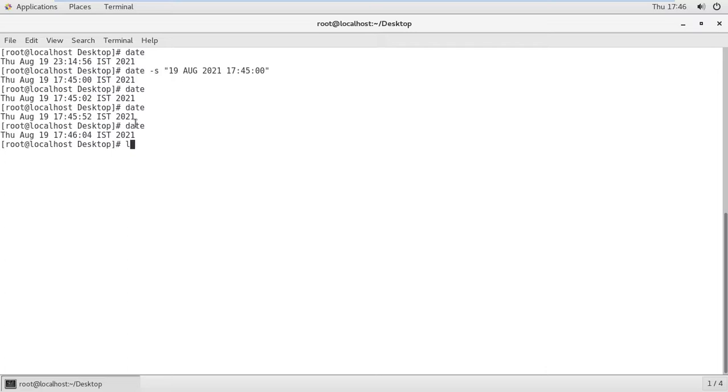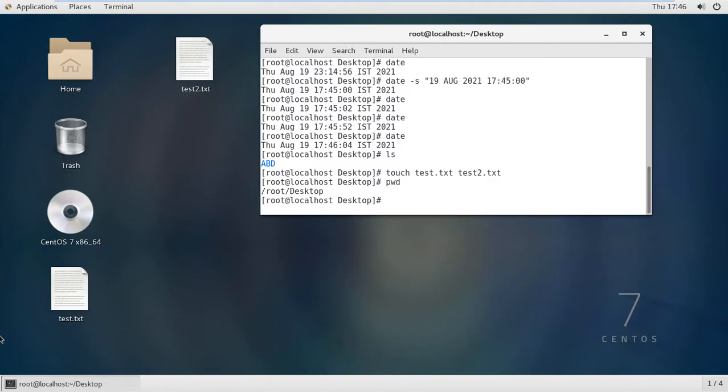So I'm just checking the ls command. Okay, and I want to create some test files, test.txt, test2.txt. This is I'm just creating empty files in my current directory, which is root and Desktop. You can see two files are created on my desktop. Okay, if you want to check,